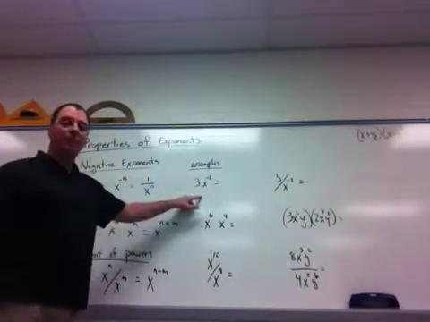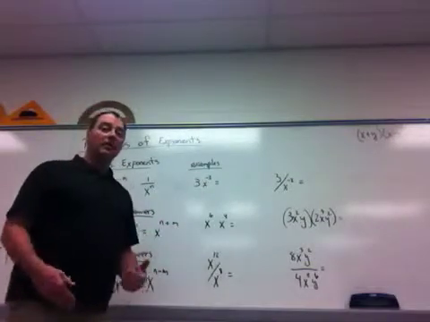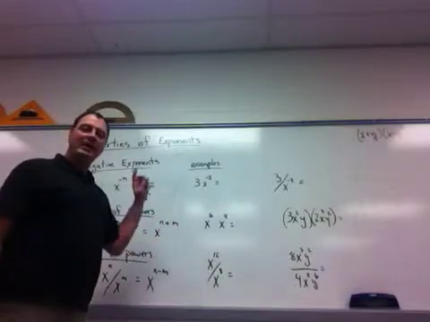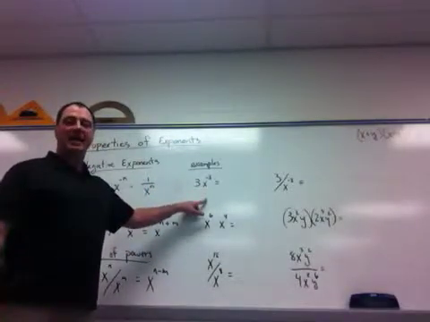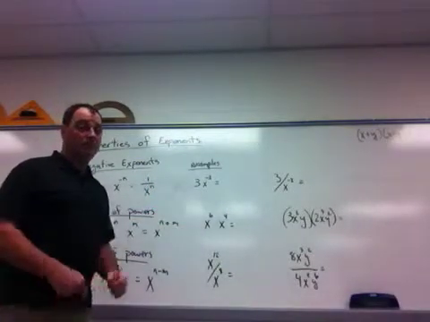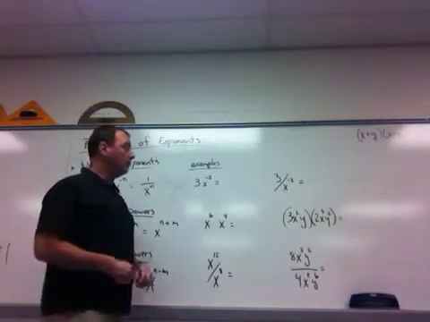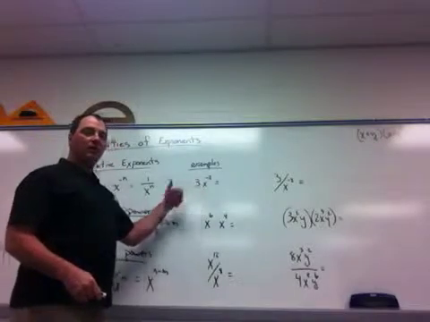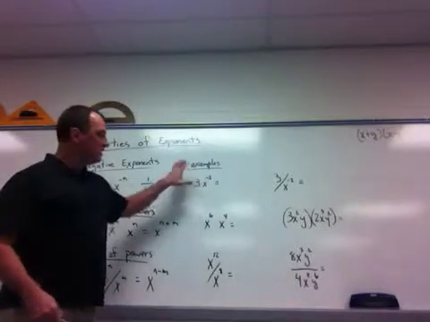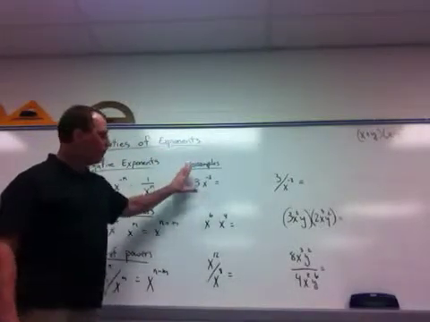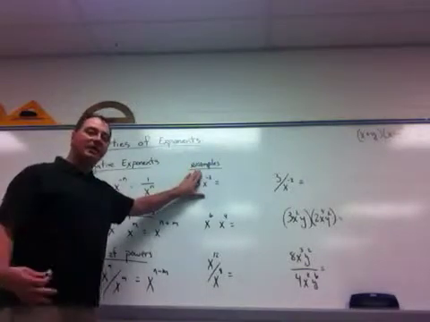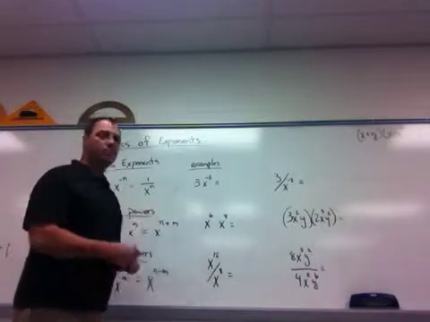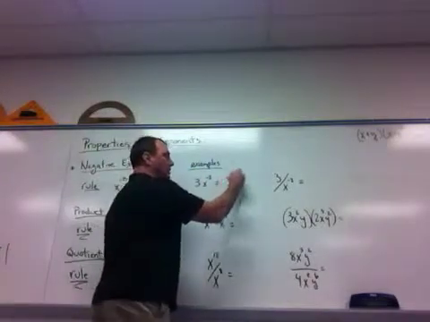Now here's an example right here. I have 3 times x to the negative 2. Well, only the x has a negative exponent. 3 has a positive 1 exponent. So I want to handle that negative by using this rule. Well, I'm just going to cover up that 3 for a second. Since x to the negative 2 would be 1 over x to the positive 2, this problem becomes 3 times